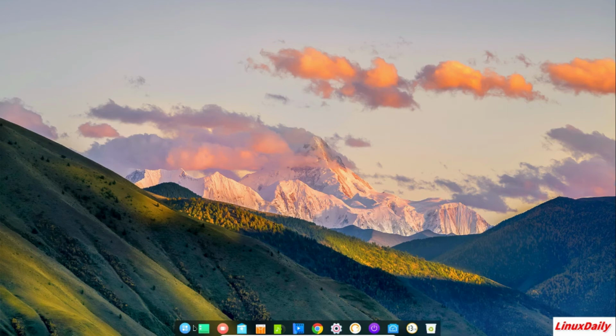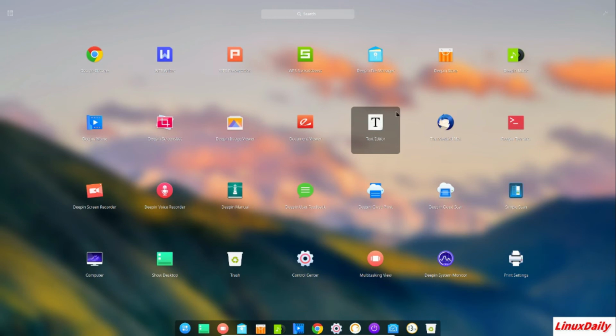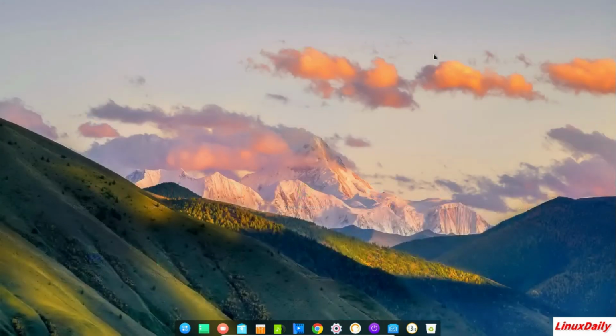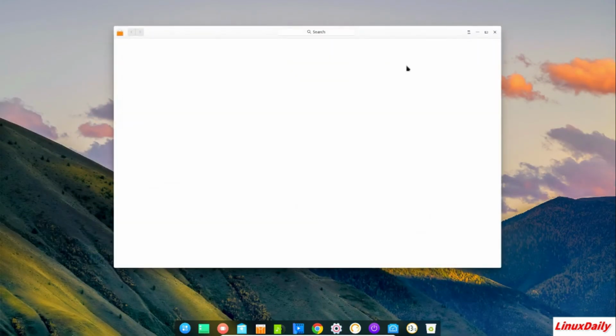But yep, that is Deepin Linux. Comes pre-installed with Google Chrome as a default browser, WPS Office Suite, mostly Deepin programs like Deepin Terminal, Deepin File Manager, Deepin Store. I'm gonna quickly open up this before we end the video, because it doesn't look like there's a whole lot of customization other than icon themes. And